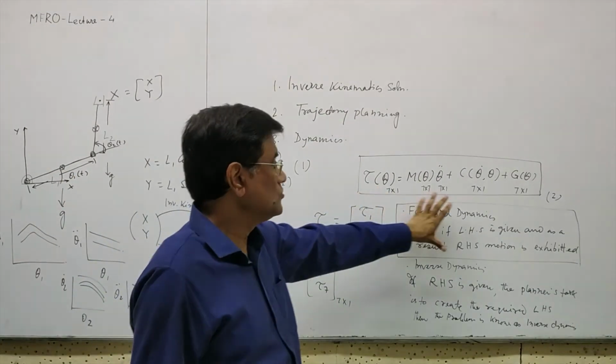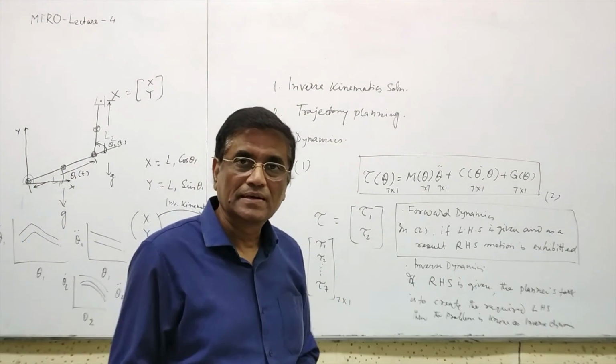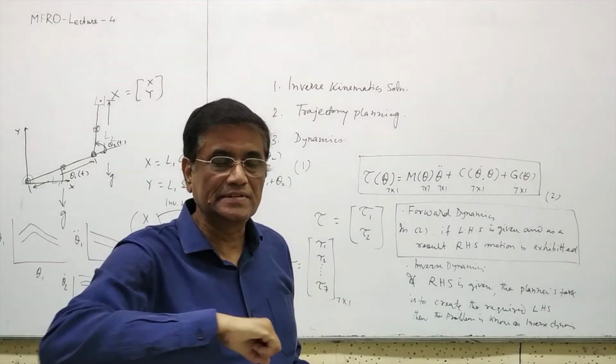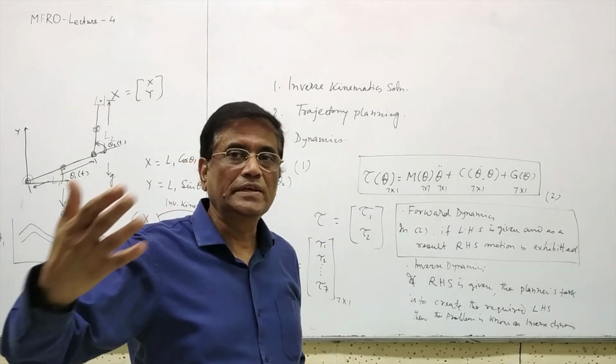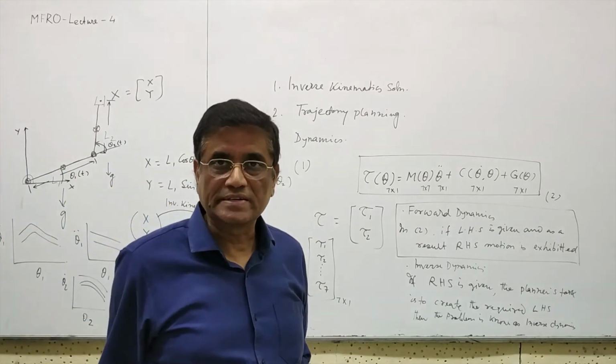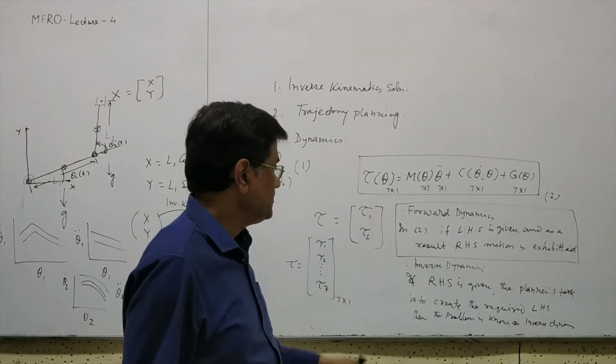Forward dynamics is mostly solved for simulating a robot. Okay, that means I would like to show that if this is the joint torque characteristic, then how the end effector motion characteristic would be, by solving the forward dynamics. But